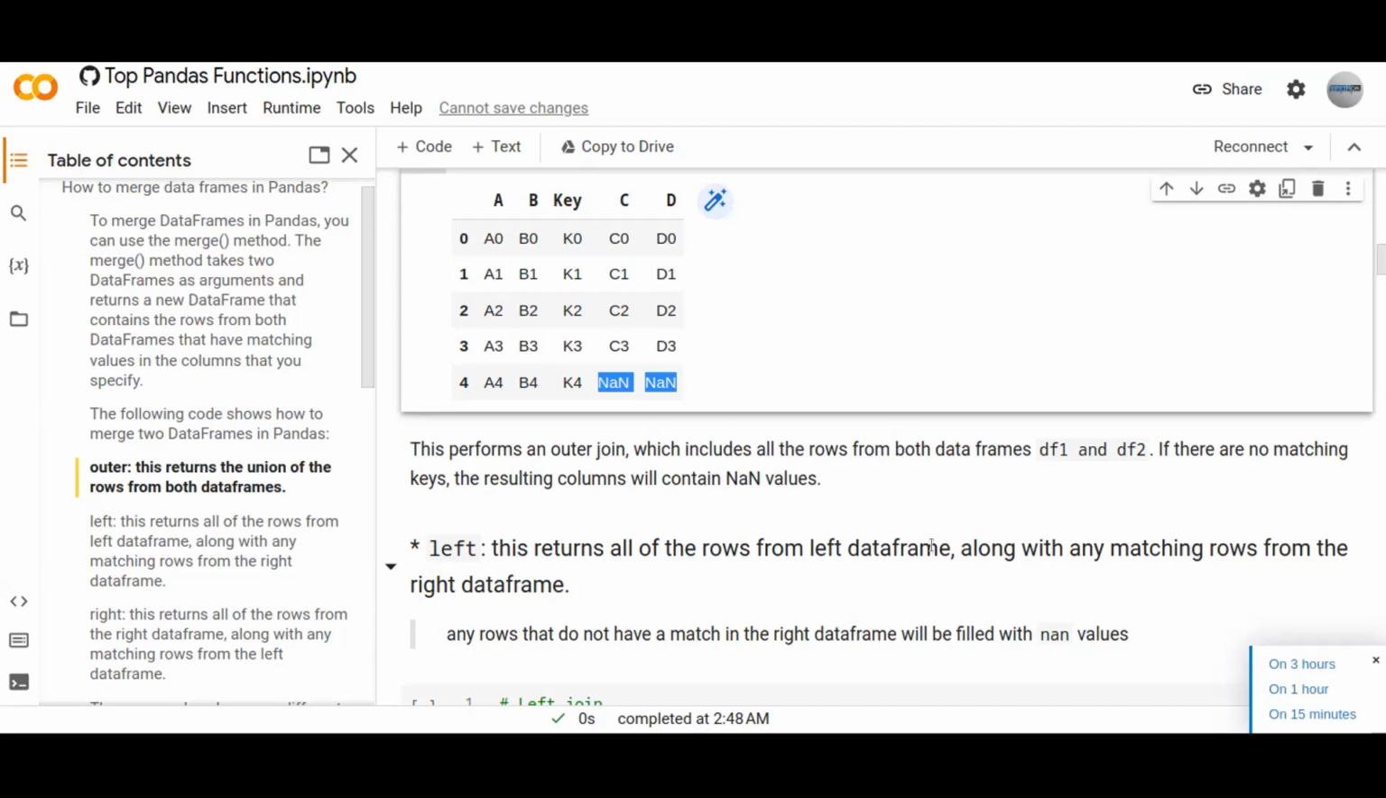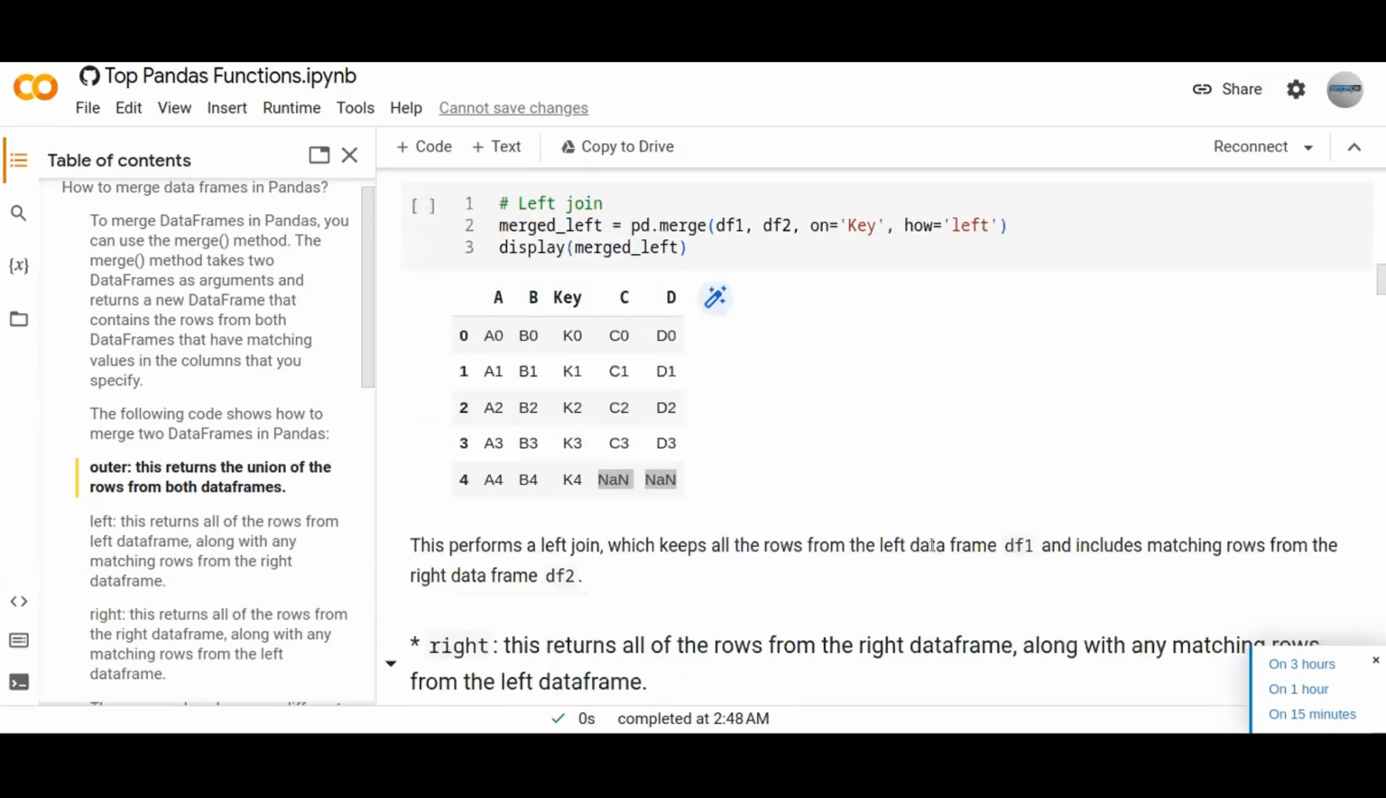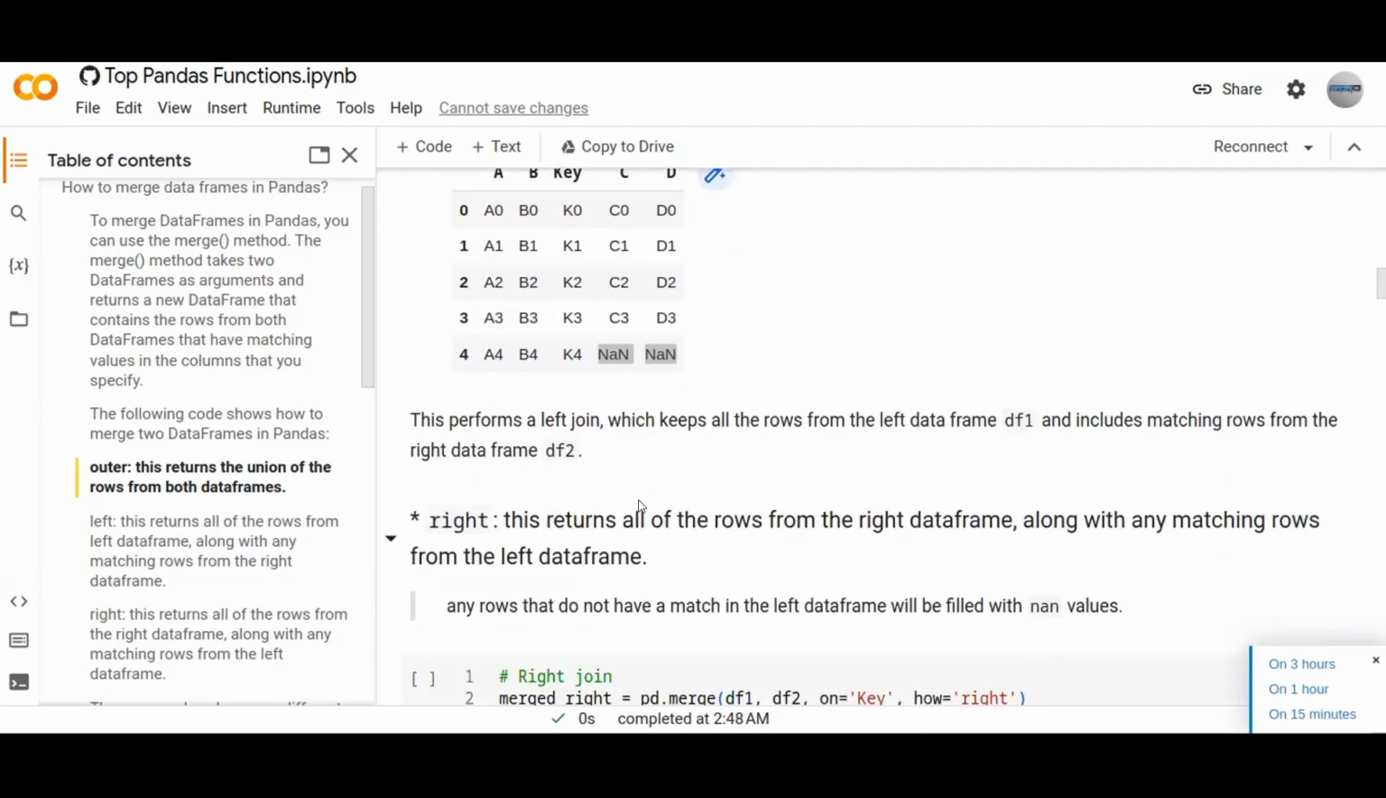This is similar to outer join basically, but outer join applies to both right and left, whereas if you specify the left join, all the rows in the left data frame exist, but any unmatched values from the right data frame are just non-values. So this performs a left join, which keeps all the rows from the left data frame 1,